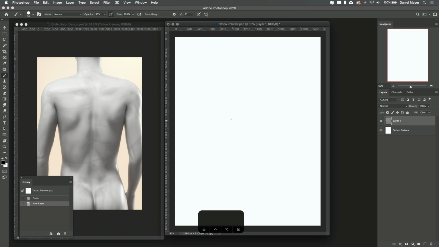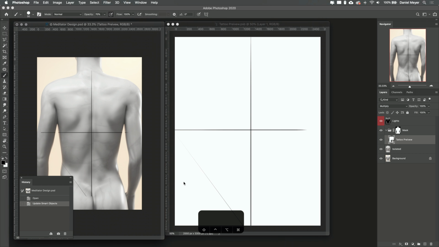So for example, we start with having a brush. Let's say I take opacity of 70 and let's create first some sort of a middle grid. Let's see. Okay, that looks good. Let's adjust this size. It's also going up into the neck area.